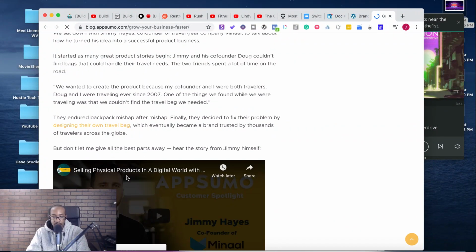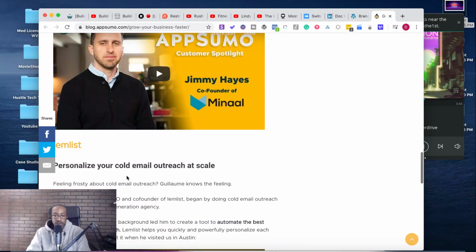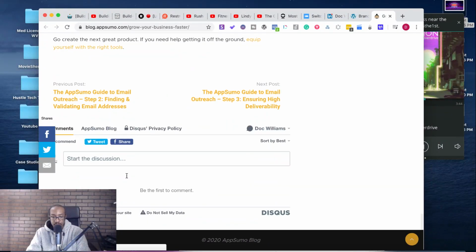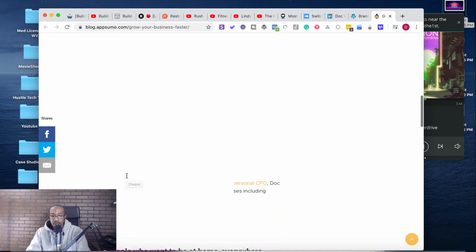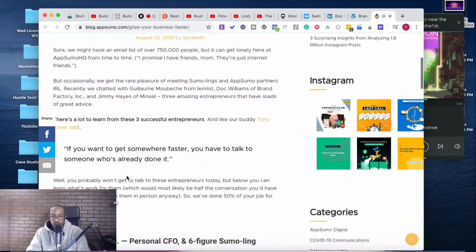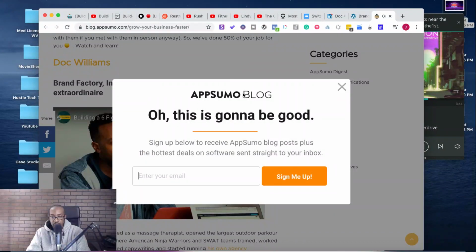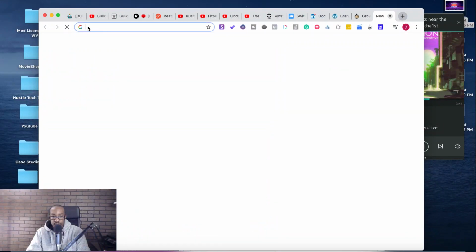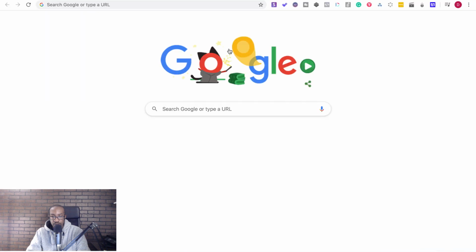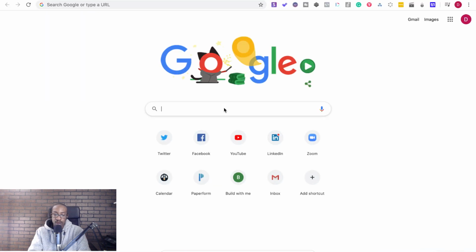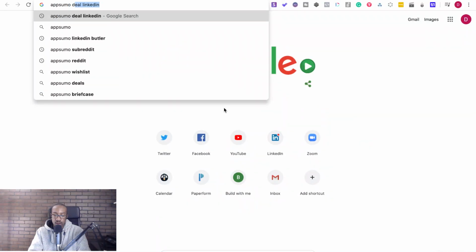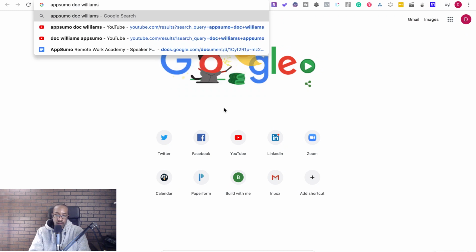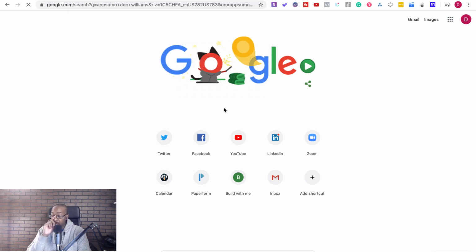Okay, so that's when I'm on. This is an article I'm in, in August. Totally forgot. I'm trying to find the episode. Let's see, AppSumo, Doc Williams. I just look for the blog episodes.